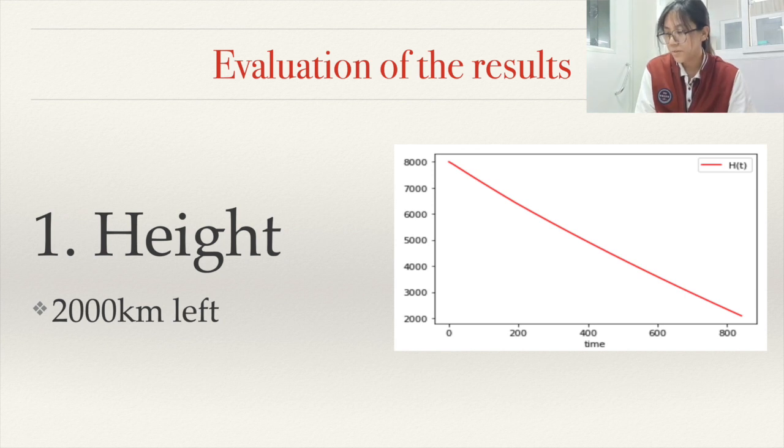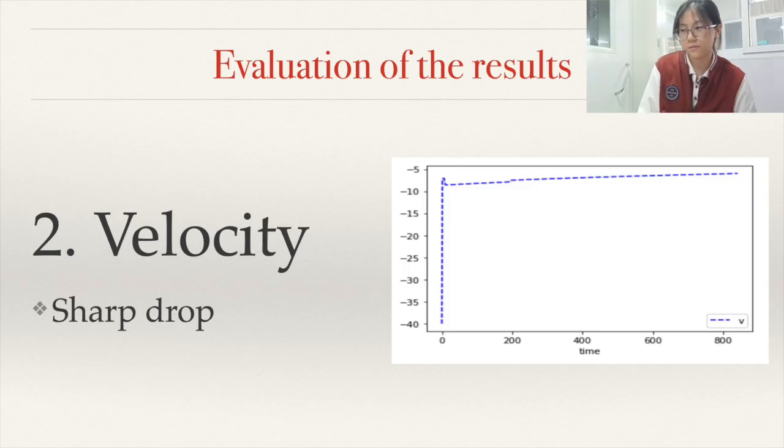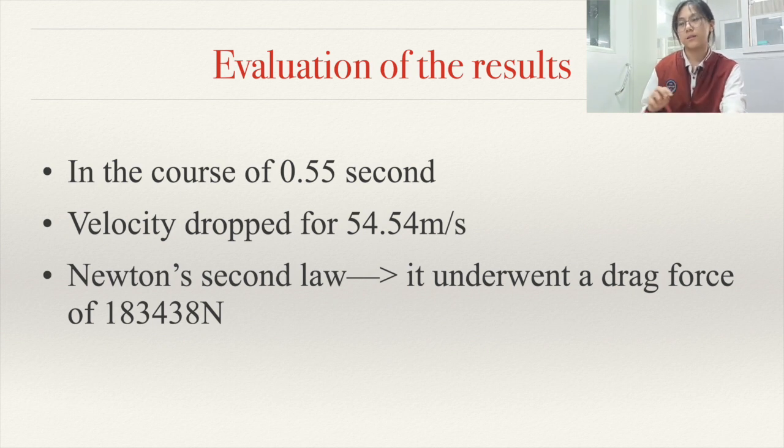Firstly, the height looks ridiculous, but actually, because we have limited data, and we didn't take the angle of return into account, that error is understandable. And then it comes the velocity. Well, there you can just see there is a sharp drop, and that is about an acceleration of 54 meters per second squared. And according to Newton's second law, it undergoes a drag force of